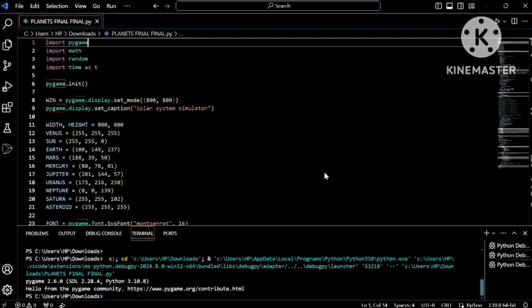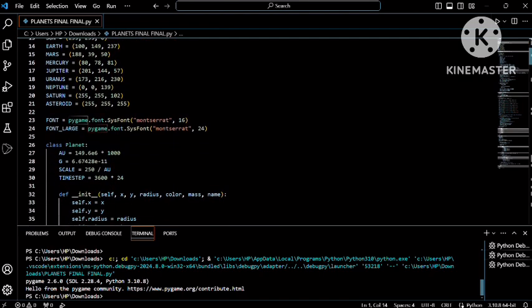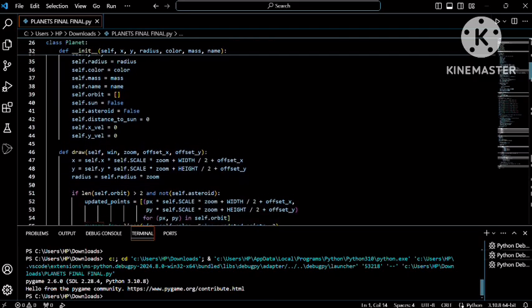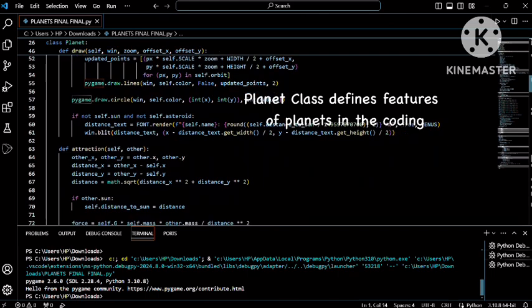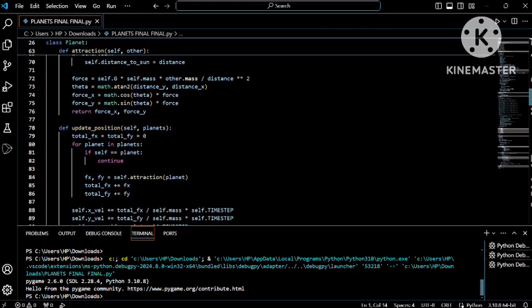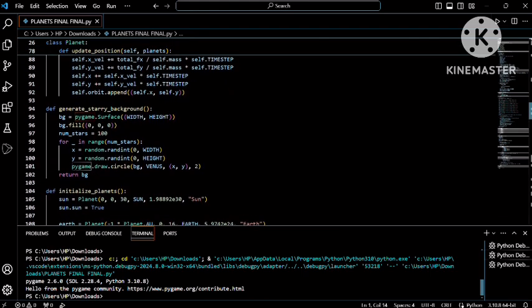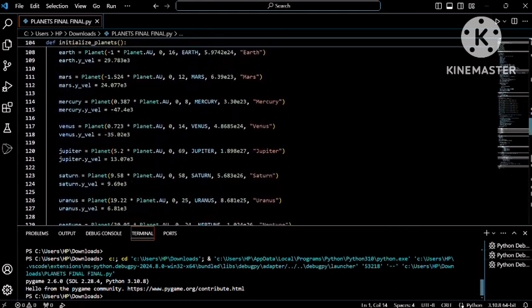Now, let's dive into the details of our simulation. The code consists of several key components, starting with the planet class. The planet class defines the properties and behaviors of each celestial body. Each planet has attributes such as position, velocity, mass, and color. The class also includes methods for drawing the planet on the screen and updating its position based on the gravitational